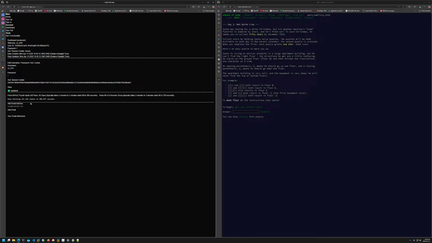Okay, it says done fetching all advent of code inputs in 186.637 seconds. So 3 minutes is 180 seconds, a little over 3 minutes. I mean, I did say it would take maybe up to 200 seconds. Okay, now we're going to do solve all, in 8 seconds group. It typically takes 2 to 3 minutes, 90 to 200 seconds. So